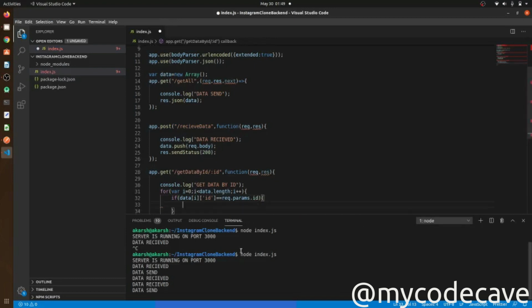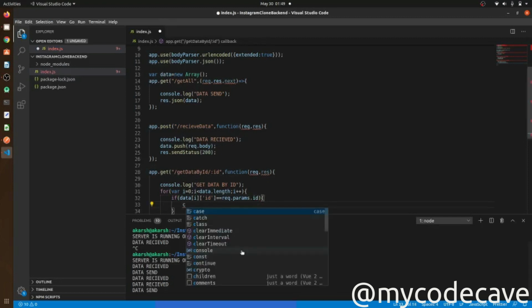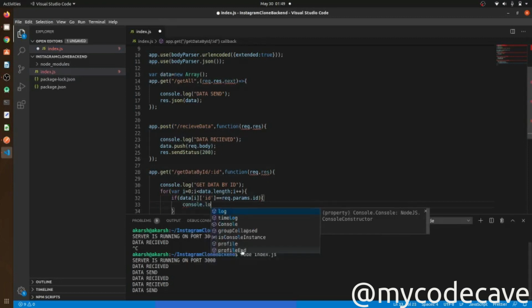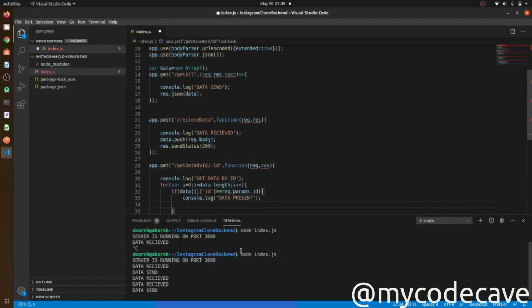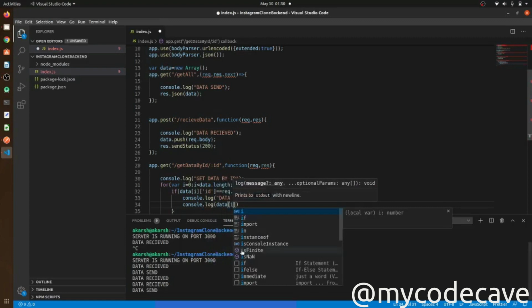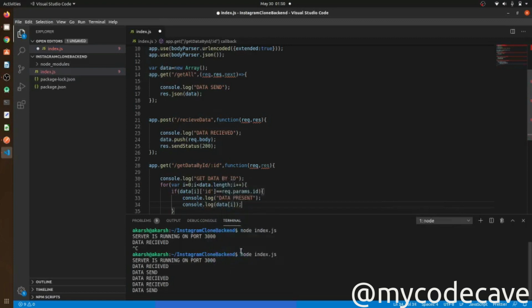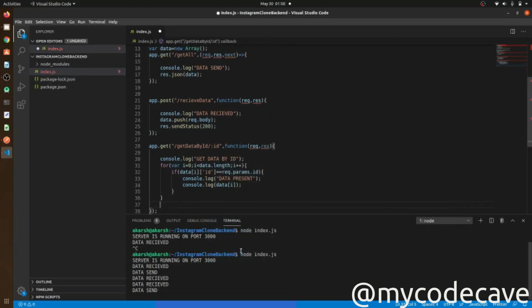If this is present, it will do a console.log, data present. After that it will do console.log data at index i, and after that the for loop. I'm going to just copy this from here and give it here.